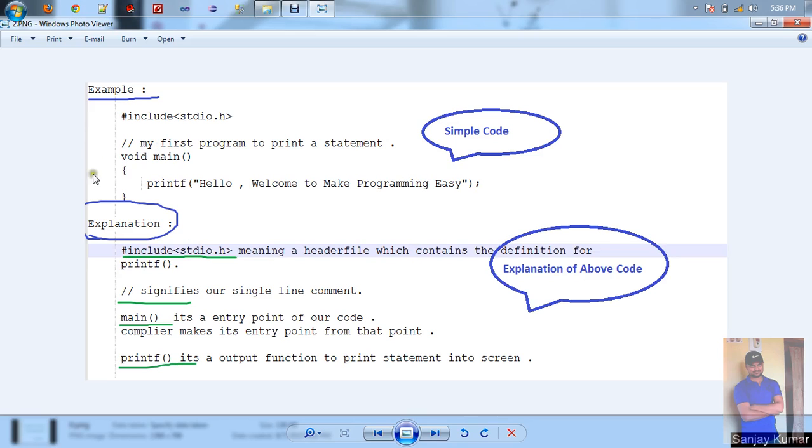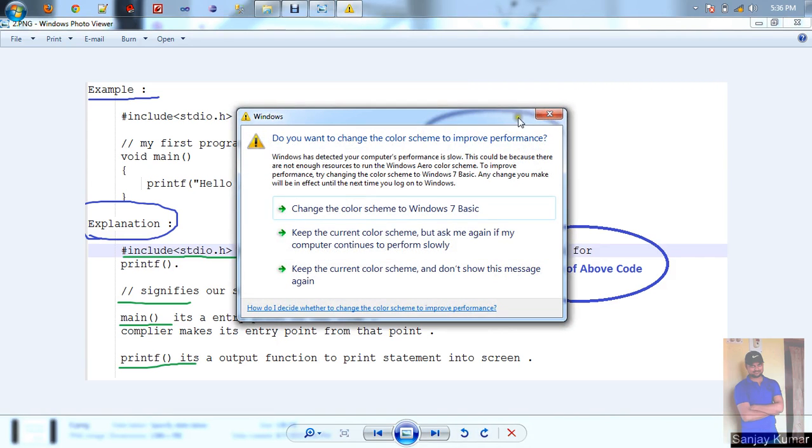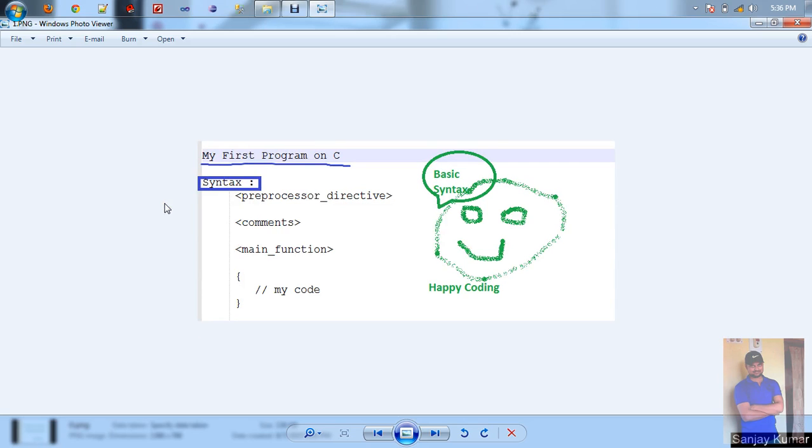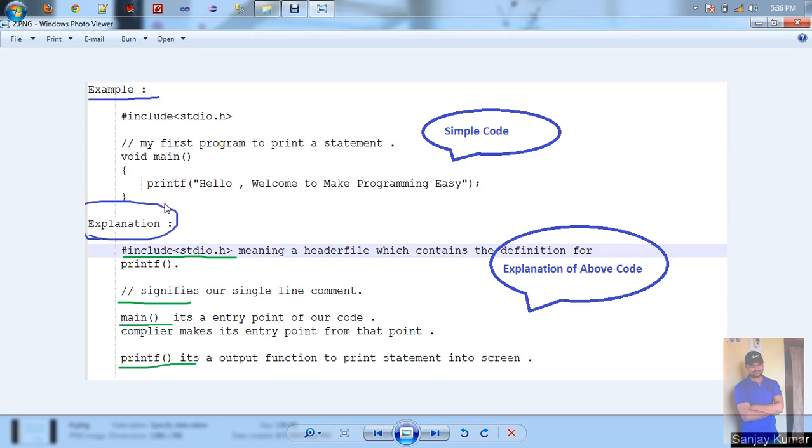So this is our first program, which seems to be easy for you, and in later video sessions we will discuss great programs. What is the Fibonacci series, how we find a factorial, what is a palindrome, what is Armstrong; each and every code I will discuss in front of you. So this is the basic syntax. I hope you understood this tutorial.